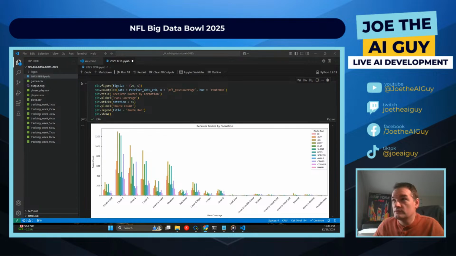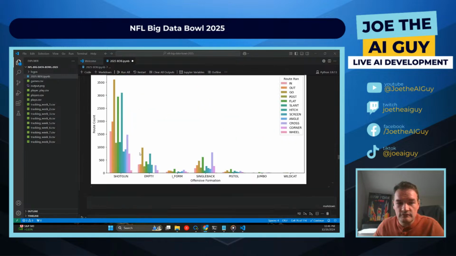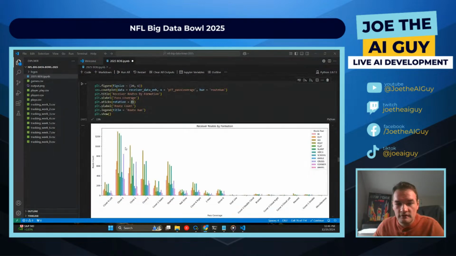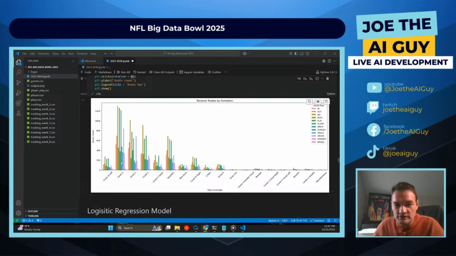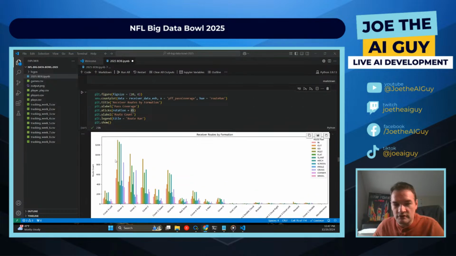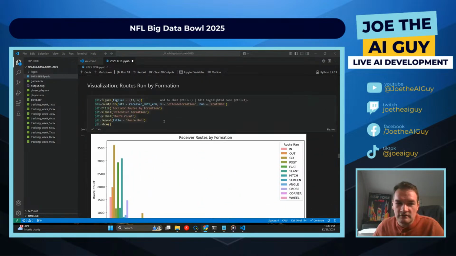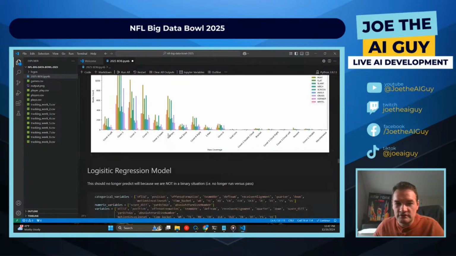All right, so what we're starting to see here is that this looks very similar to the offensive formation here. There are a lot more defensive coverages being thrown, but we're still having kind of the same breakdown, where there's a lot of go routes, flats, and then hitches with these cross routes mixed in. And so it probably means that for the most part, the models are going to try and predict these because it doesn't have enough information otherwise to differentiate why it was doing the different routes